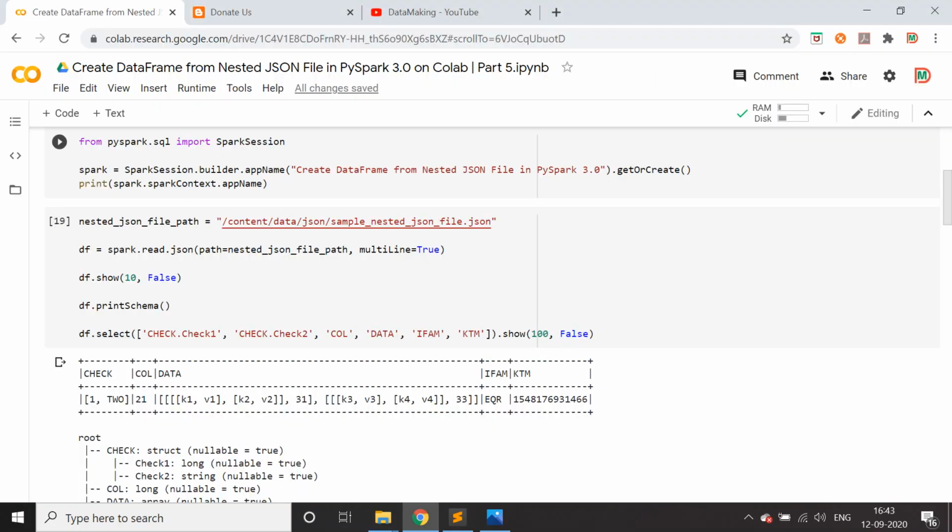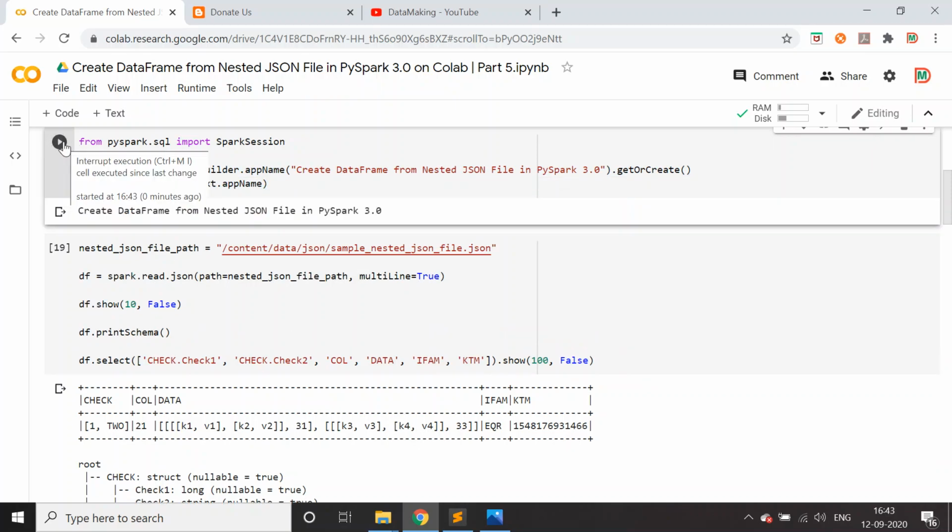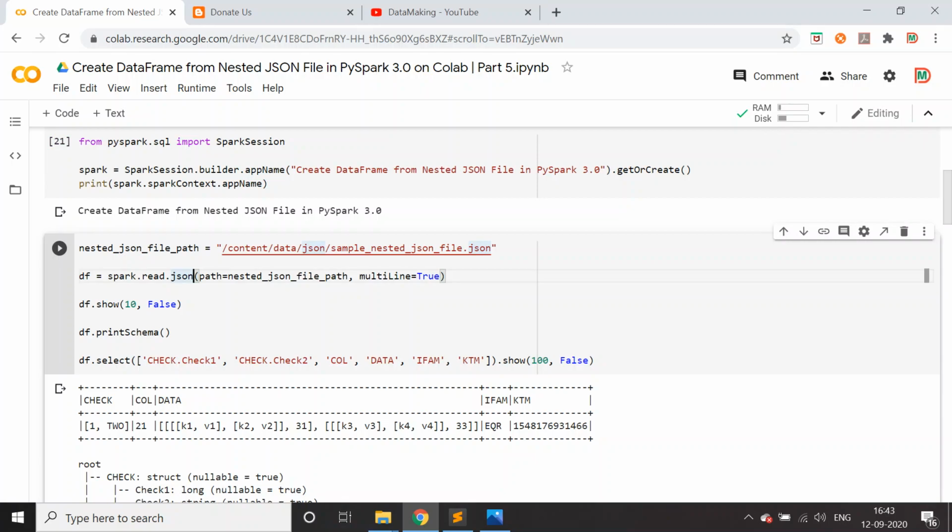First, we'll create the Spark session object. The SparkSession class is part of the pyspark.sql package. You import that and create a Spark session object using the builder method. I'm running this. Because the JSON fields are not in a single line, it is multi-line, we need to use the property multiLine equal to true.